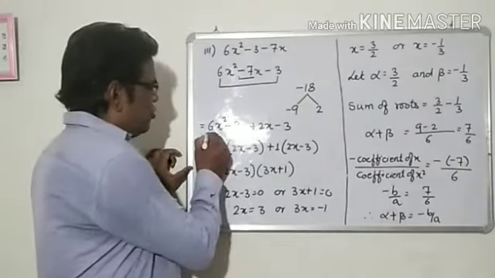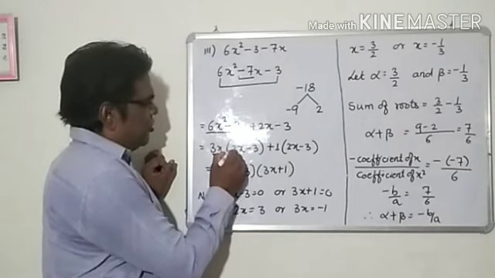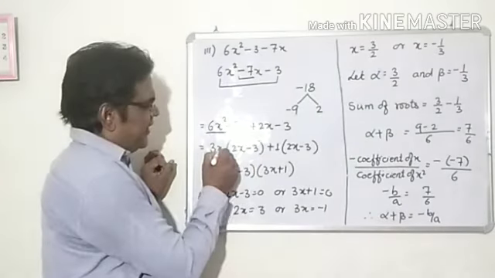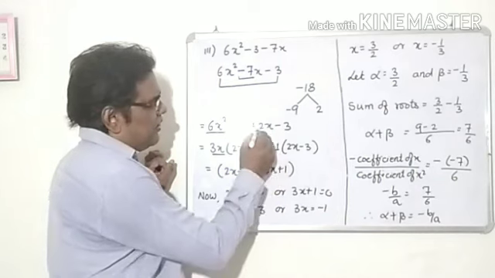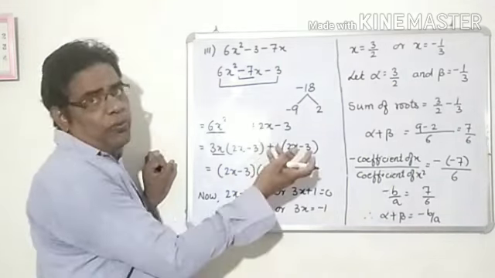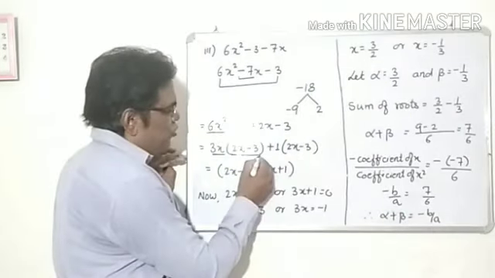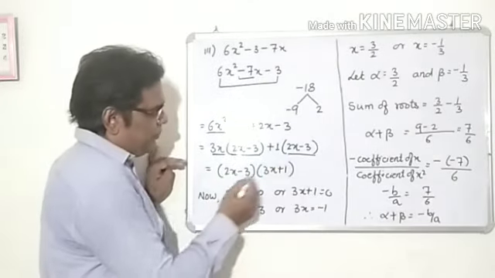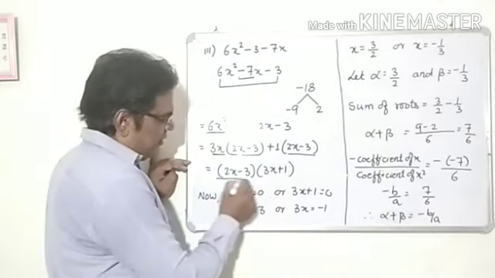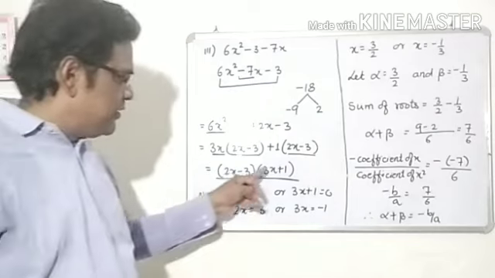Now from these two, you will take 3x as common. If you take 3x common, 3 into 2x is 6x square, and x is already taken out, 3 into 3 is 9, minus. Now here, if nothing is in common, take 1 as common. 1 will always be common. So 1 taken common, so 2x minus 3. Now this 2x minus 3 is taken common again, 3x plus 1 left out. So when you factorize the polynomial, you get 2x minus 3 and 3x plus 1.